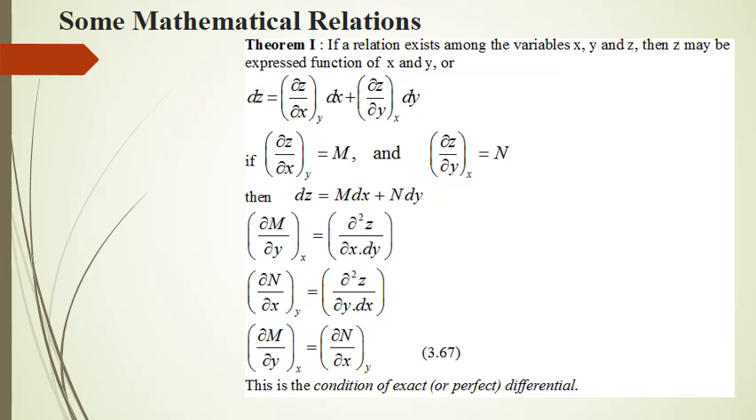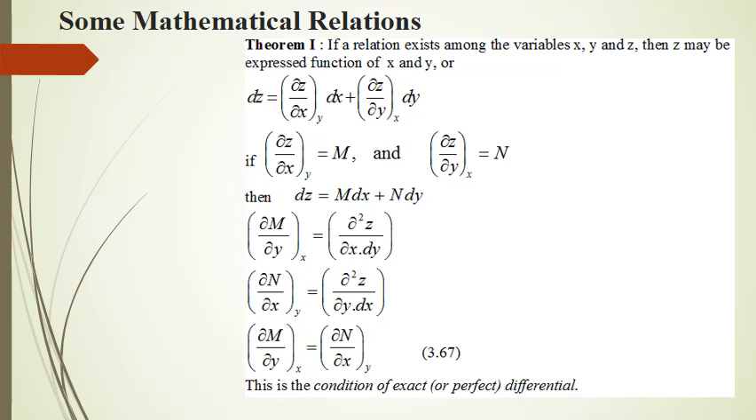concerned. Now theorem first: if a relation exists among the variables x, y and z, then z may be expressed as a function of x and y, or you can say dz is equal to del z upon del x when y is constant into dx plus del z upon del y when x is constant into dy. If del z upon del x when y is constant is equal to m and del z upon del y when x is constant is equal to n, then we can write this expression as dz is equal to m